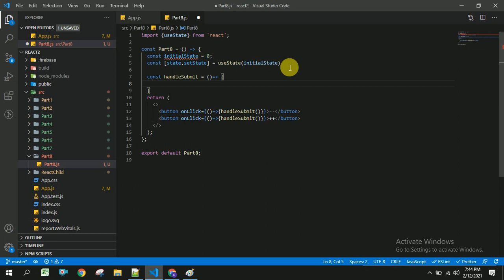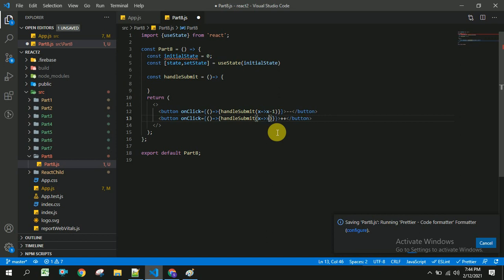Now here I am going to make this count decremented by 1, and here once user clicks on plus we will be incrementing by 1 value. So we will be getting this decremented value or incremented value in this handleSubmit as a parameter.